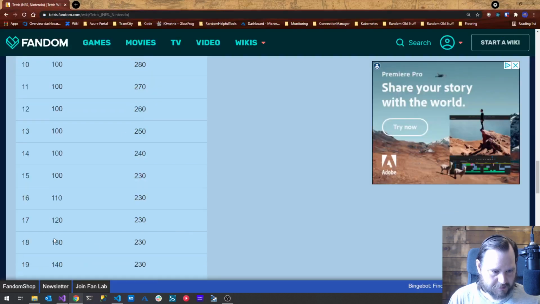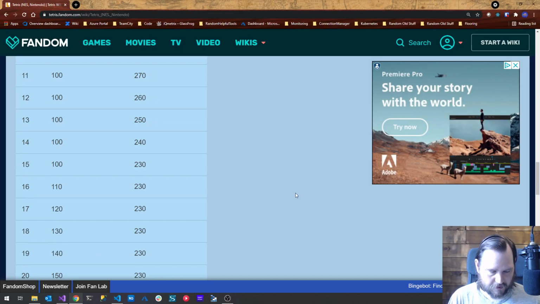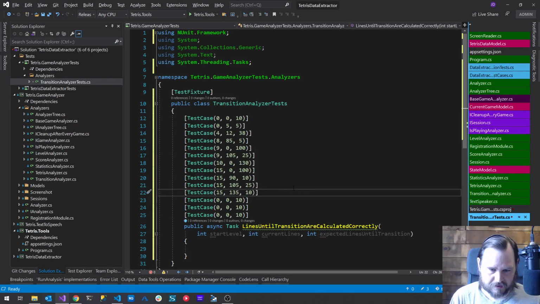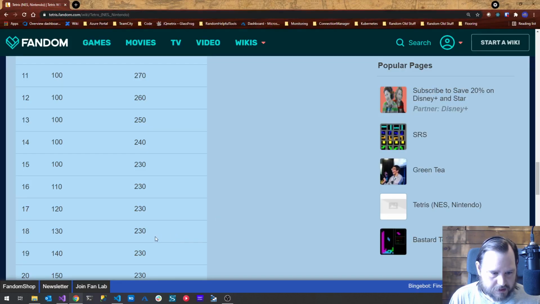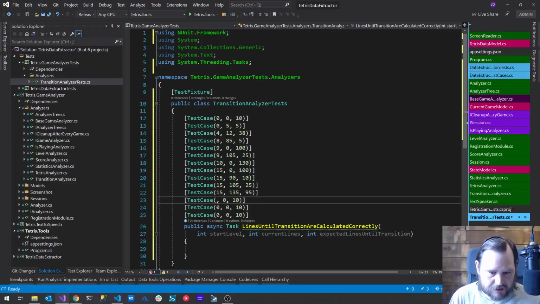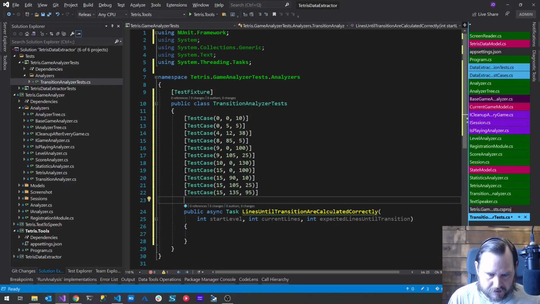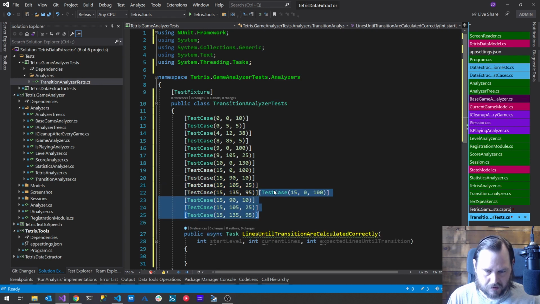That's why this becomes important. 15, we're going to 230. So transition will happen in 95 lines. Okay, let's do some 18s. Again, 18s is pretty similar, actually. It's all the same. It's all the same except for